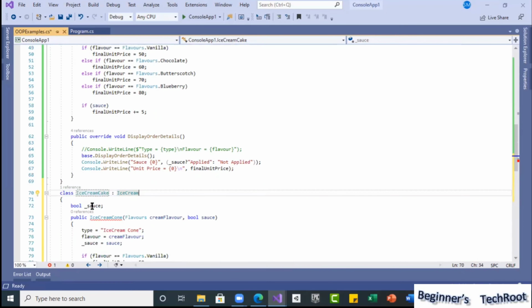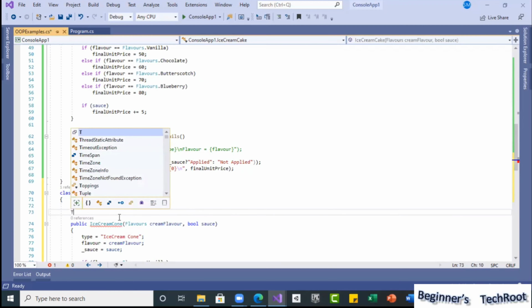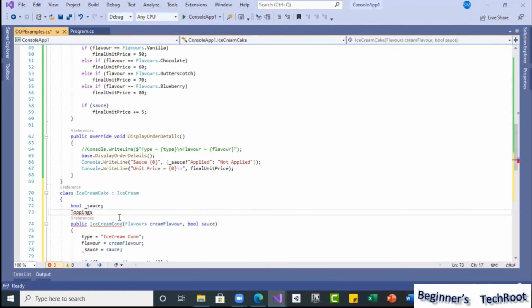So now here I am going to introduce one more sauce also we can apply for cakes, and I am going to use one more enumeration that we defined on top. So for toppings, I am going to use a variable something like topping. These I am not making public. Why? Because I don't need to expose them outside this class. I need them only within this class.